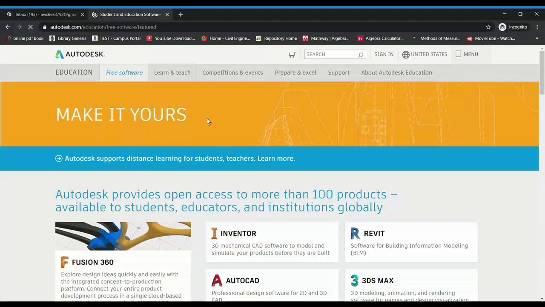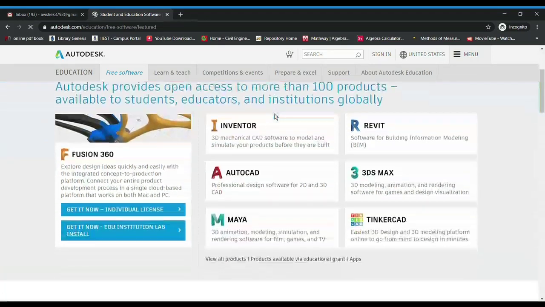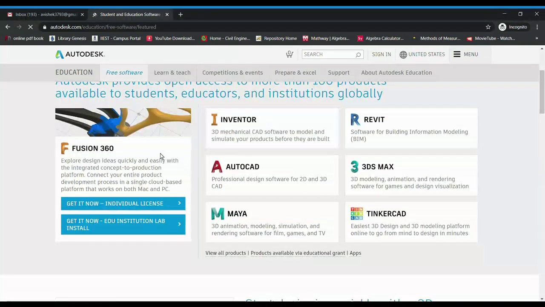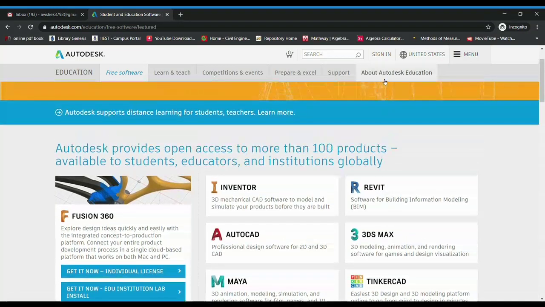Then the page of Autodesk will open. There you can see which softwares are available for student account. Here it is showing Inventor, Fusion 360, AutoCAD, Maya, 3ds Max, Revit, etc.